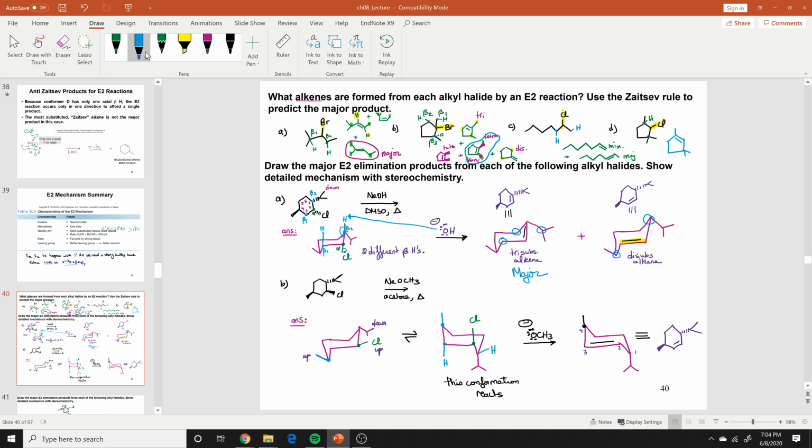If the chlorine is in the equatorial position, just go ahead and do the flip, make it axial. And once you make it axial, choose the adjacent hydrogen that is in the axial position. And it's that hydrogen here. In this example, I only have one adjacent hydrogen in the axial position, so I'm going to have only one alkene product. Just one alkene product. The base is going to come, take this beta hydrogen, form a double bond, and the chlorine is going to leave. And I'm going to end up having